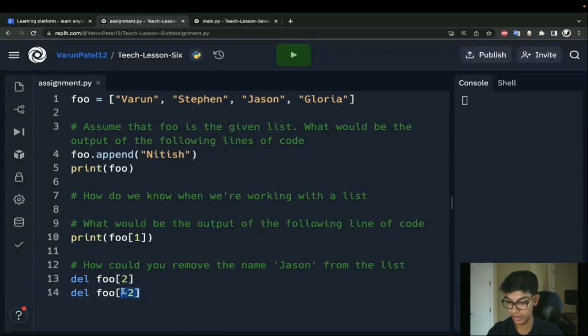Luke chose to use our normal index, that's 0, 1, 2, and that points towards Jason, so that's valid. Maria chose to use her negative index, so we're starting at the back, right? We're going to count back how many times we have to get to Jason. So we have to do 1, 2. So it's 2 jumps backwards, so that's a -2, and that works out just as well. Awesome job, guys. Cool. So we literally just did lesson 6 all over again, but I'm glad it makes sense and it all clicks right now.